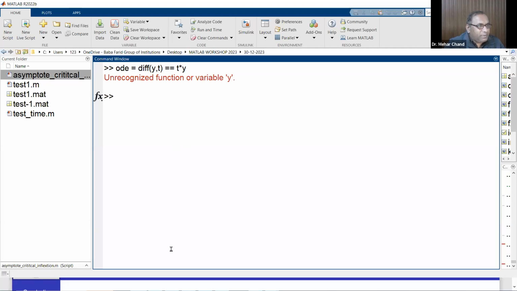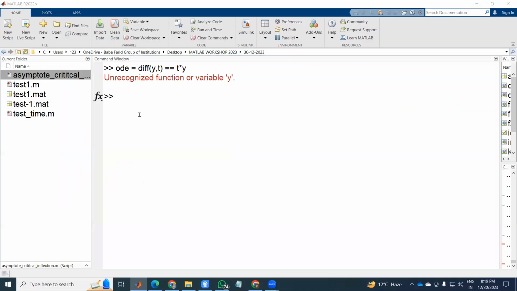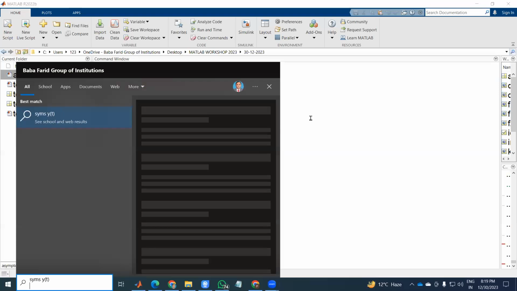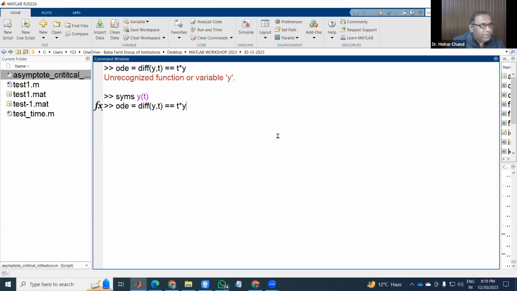Because we have to define the expression first. This one. Now you can enter this part. So see, when you enter this statement,